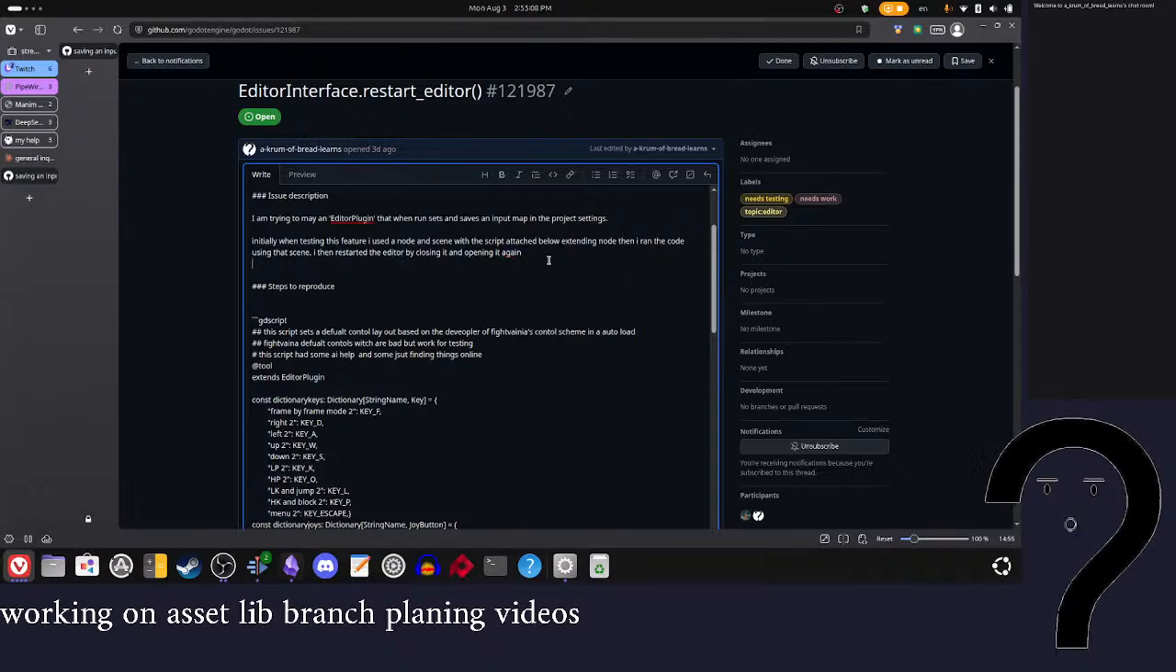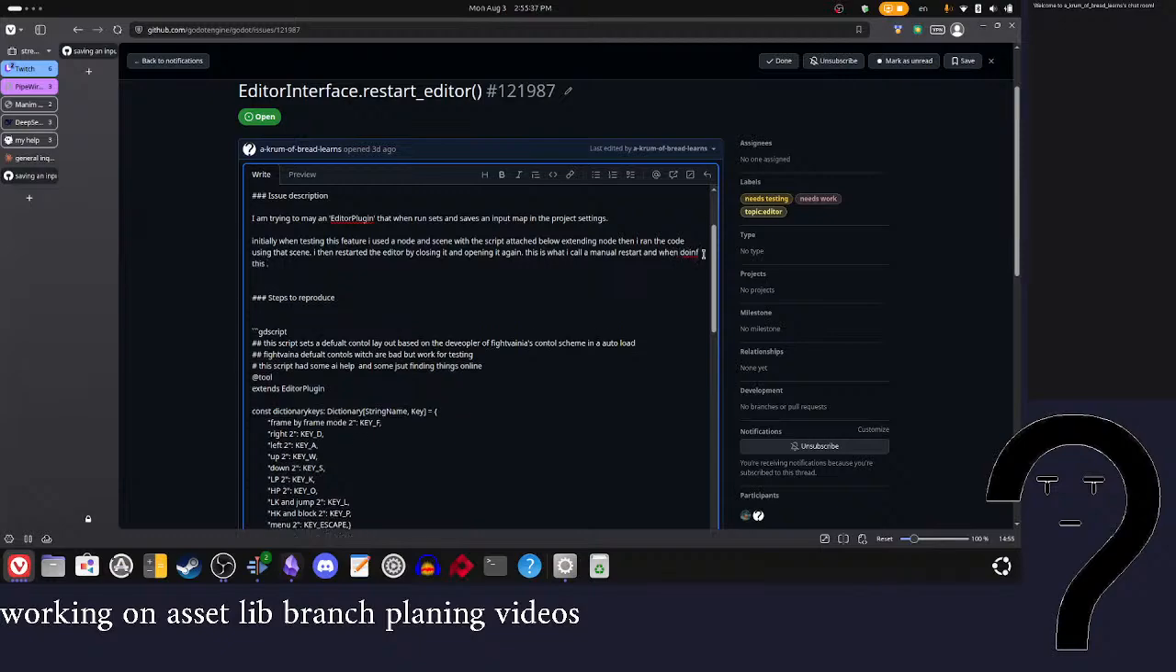And restarted that editor by closing it and opening again. And when doing this,